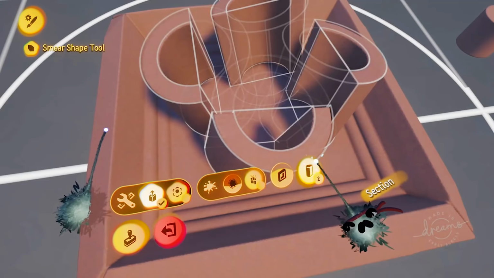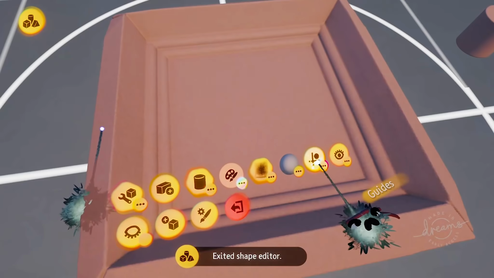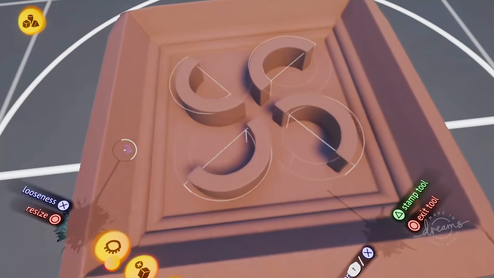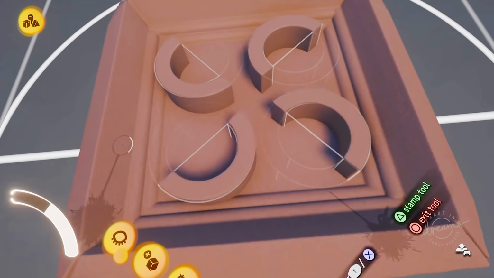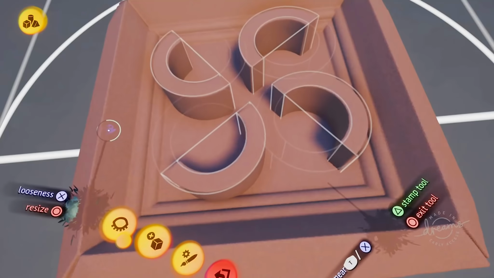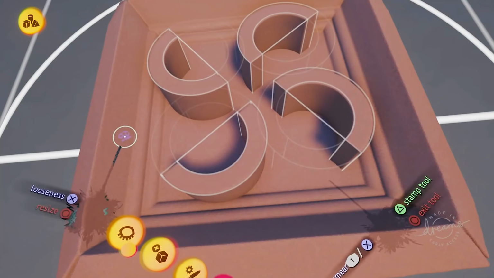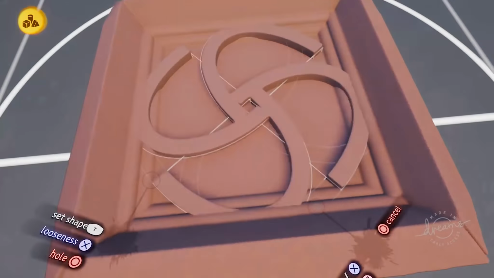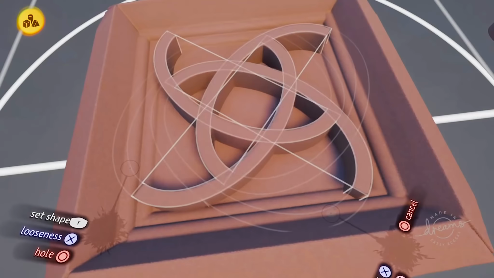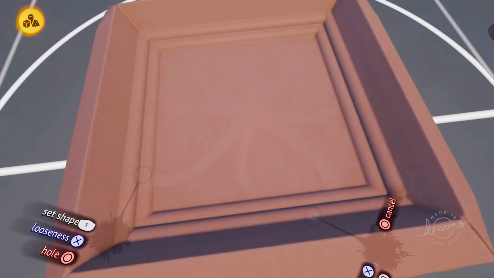I tweak the shape a bit and I add a section like this. I turn stay upright on, and I then slowly start to realize the ornament itself. I try out a few things that don't really work, and I then enter into the shape editor of the